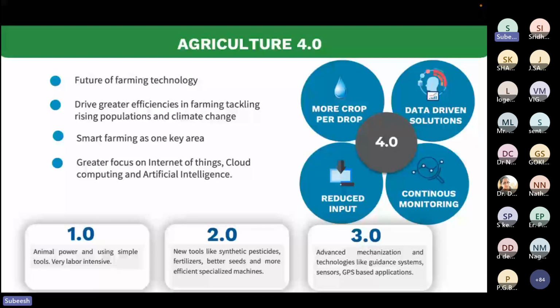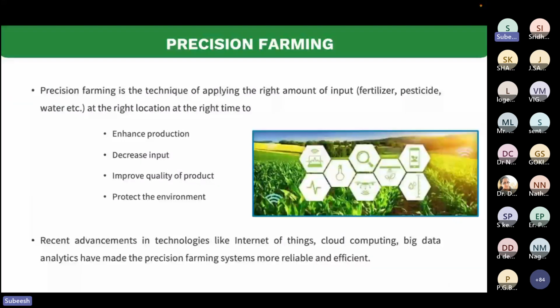Precision farming is again one of the core components of this. The definition says that precision farming is a technique of applying the right amount of input, in terms of fertilizer, pesticide, and water, at the right location at the right time to enhance production, decrease input, improve quality of product, and protect the environment.